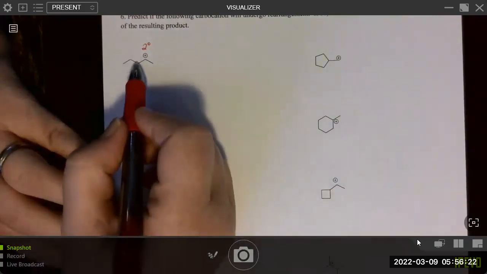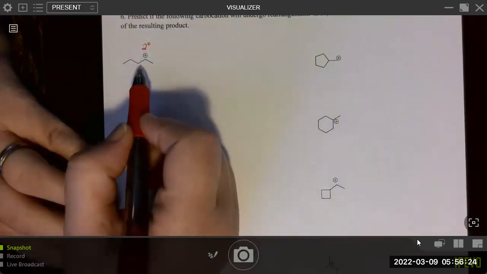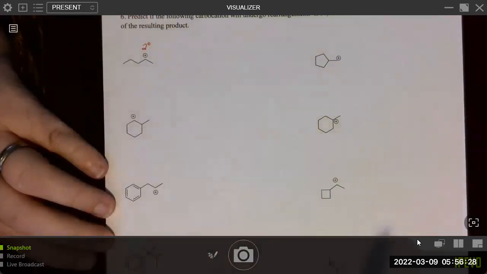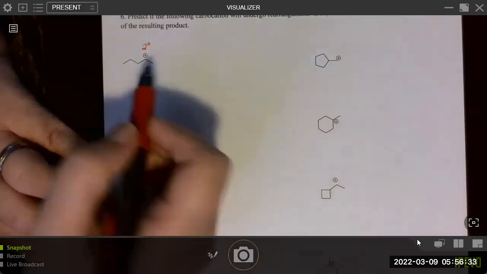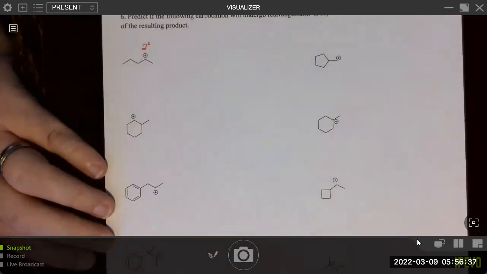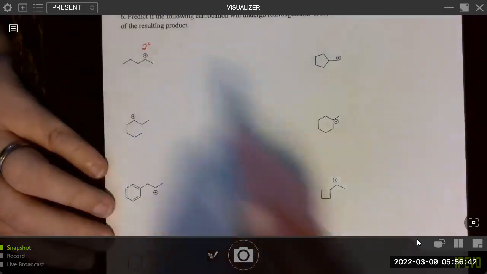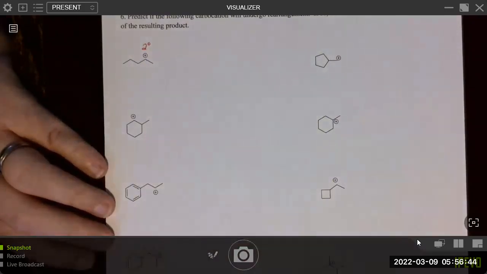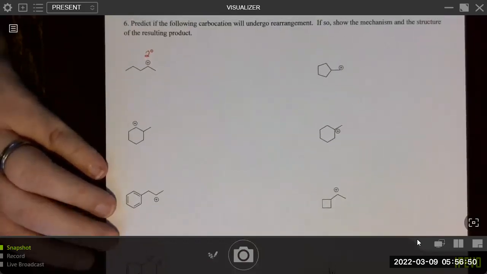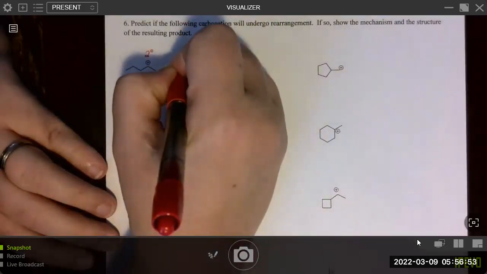You could potentially shift one of the hydrogens on the left. That would again be another secondary carbocation, so that would not make it more stable. And some of you might even think, can I shift this whole ethyl group? It's not common because it's a little bit more bulky, but it can happen. But if you did, again, you would get a primary carbocation. So that's not likely, right? So this one will not rearrange because you cannot form a more stable carbocation. Right? So we'll just do it next.